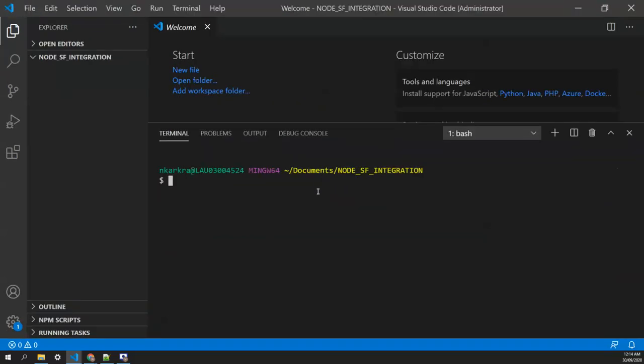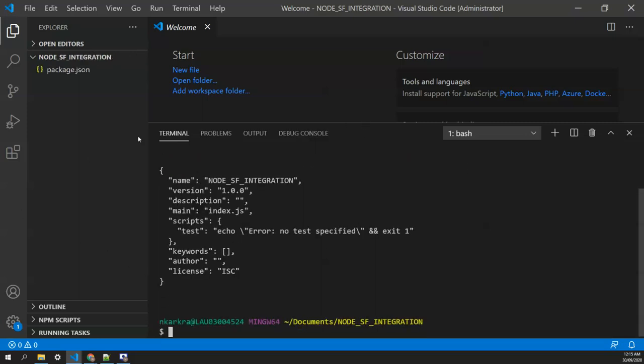First of all, we need to create the package.json file, that is the configuration file for our project, or the entry point for our project, you can say. To create it, you need to type npm init. If you just type npm init and hit enter, it will ask you a series of questions regarding your project name, the description, the keywords, the author name, and the license. But if you don't want to go through that process, just say npm init -y, and it will generate the default package.json with the default parameters.